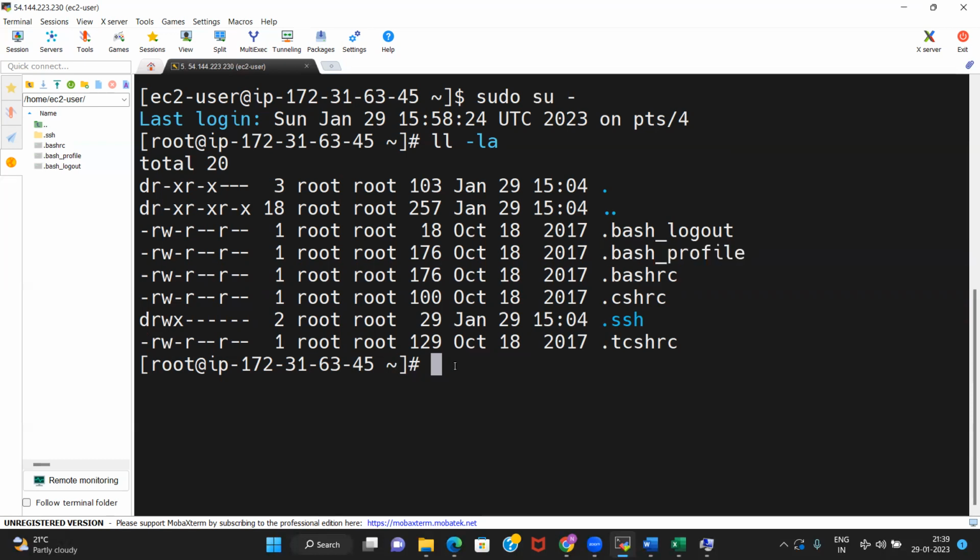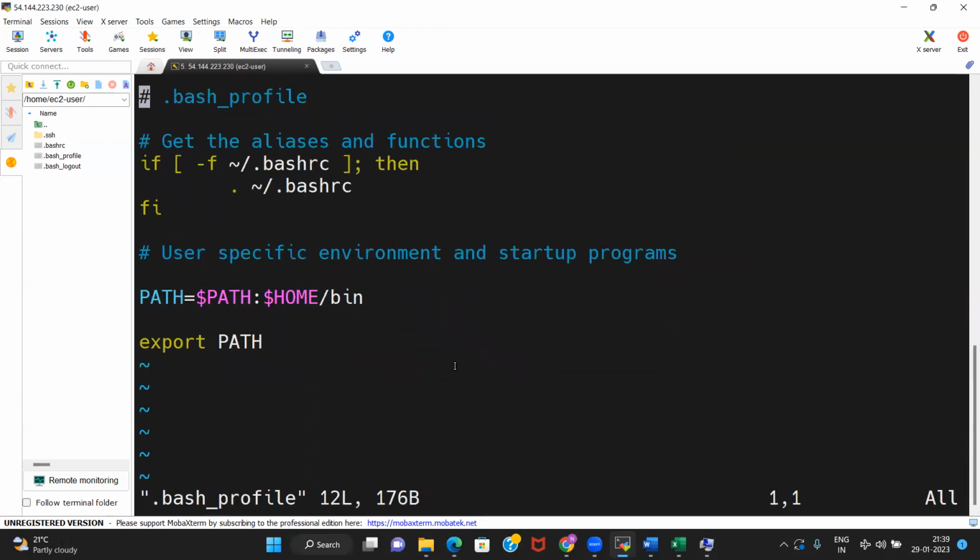The environment variable is kept in the file .bash_profile. You can edit the file using the vi editor, and the command is vi .bash_profile. You need to put the path where Maven is in the vi bash profile.